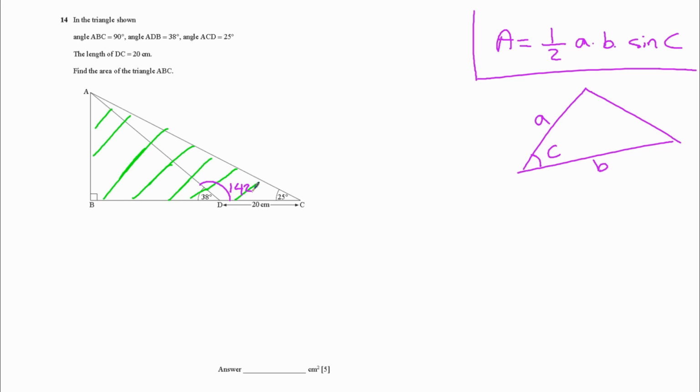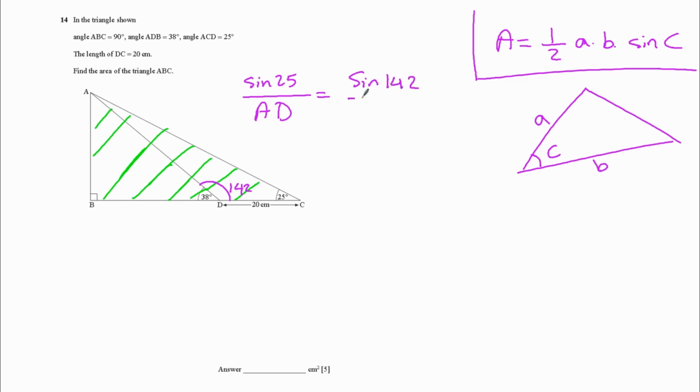So in triangle ADC, if I use the sine rule, I can write sine of 25 over AD equals sine of 142 over AC